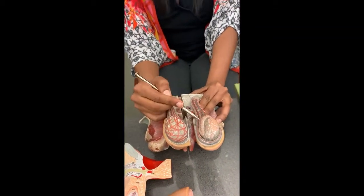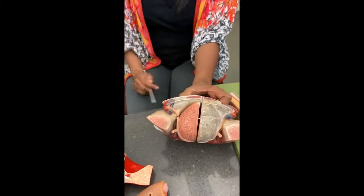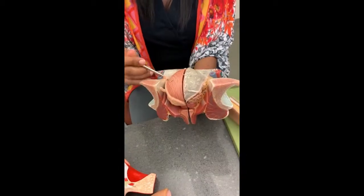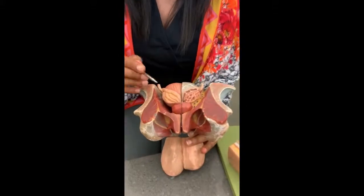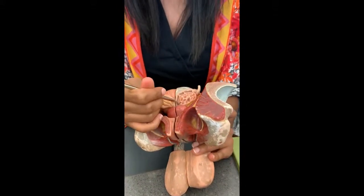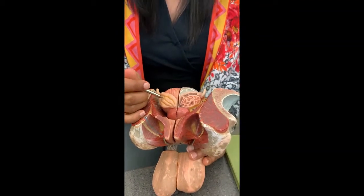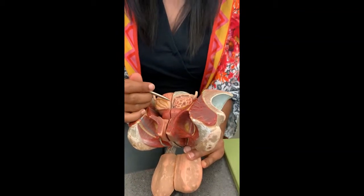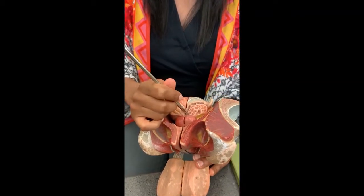What is this right here? Vas deferens. The vas deferens is exiting the pelvic canal, right? And this is it right here. This wraps around the back of the bladder, and this gland is the what? Seminal vesicle. The seminal vesicle and the vas deferens are opening into a little junction called the